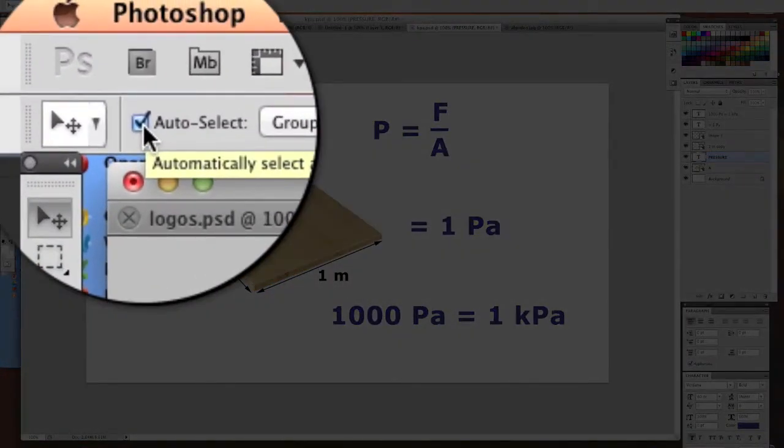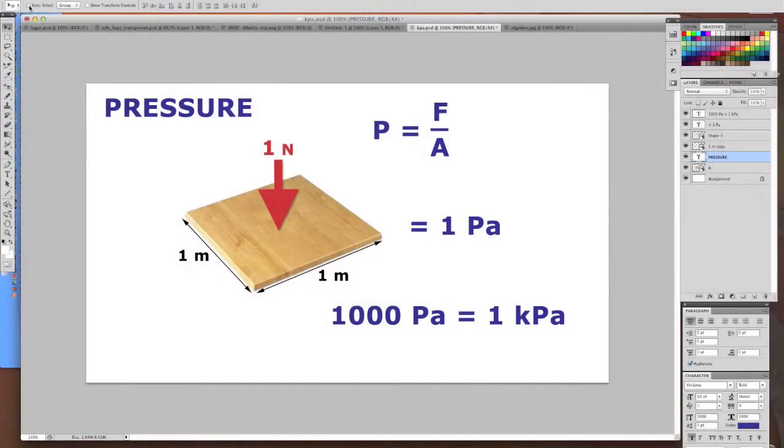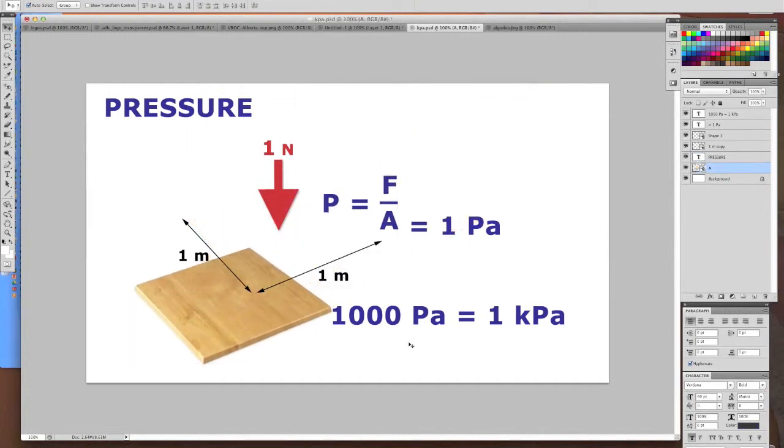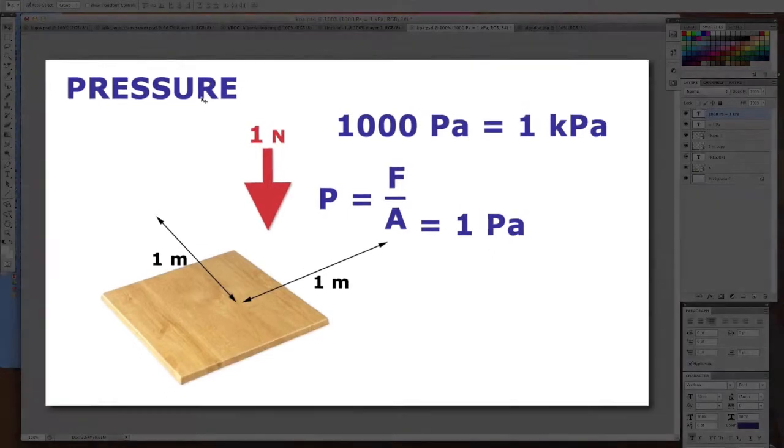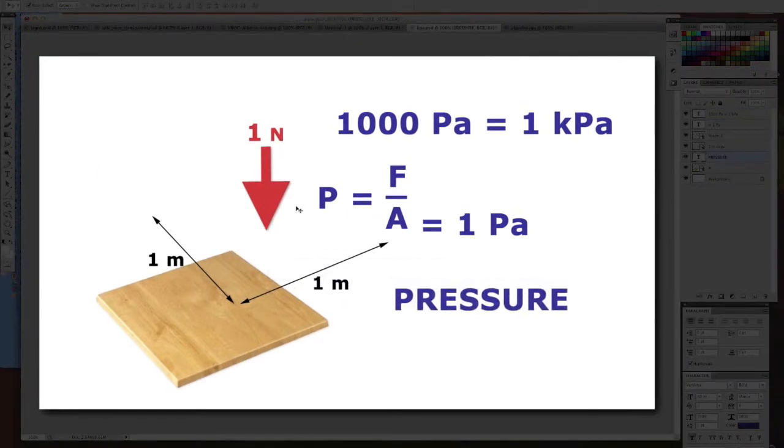It's right up here in the top left hand part of the screen, depending on what version of Photoshop you're using. But if you activate that, anytime you click on a particular layer, it automatically becomes active, and then you can move it and drag it around the screen,